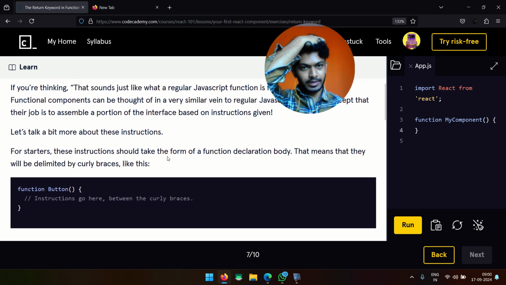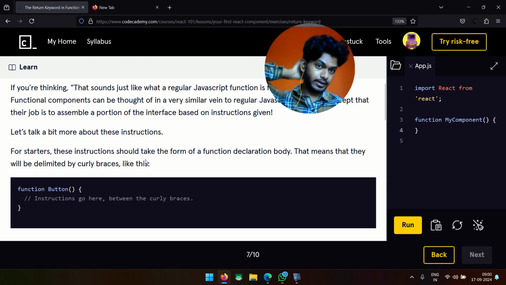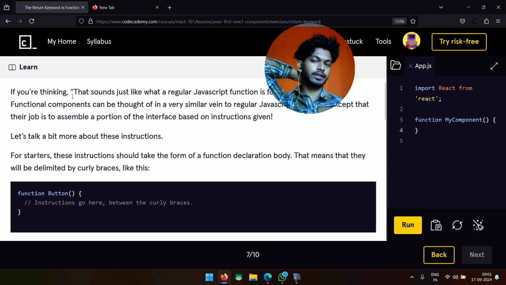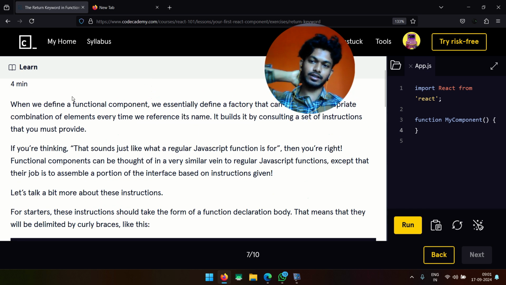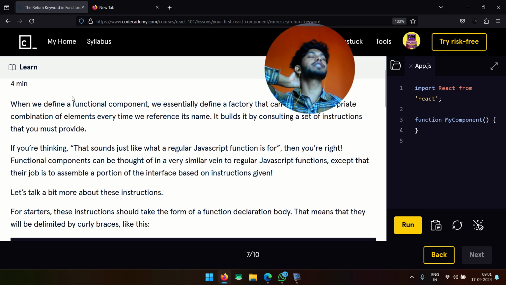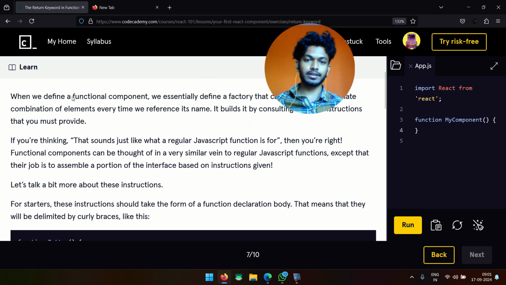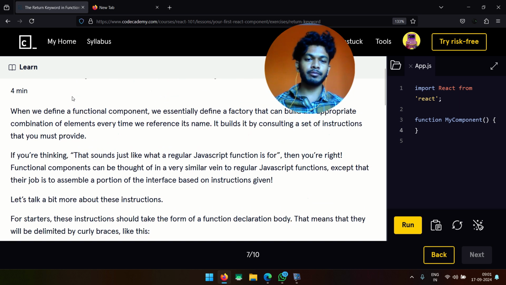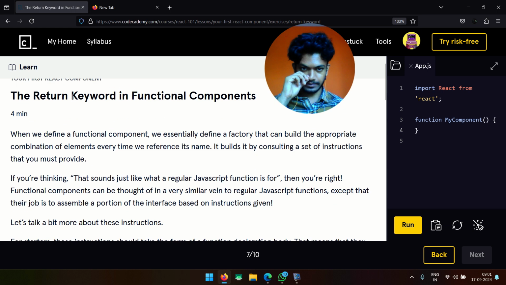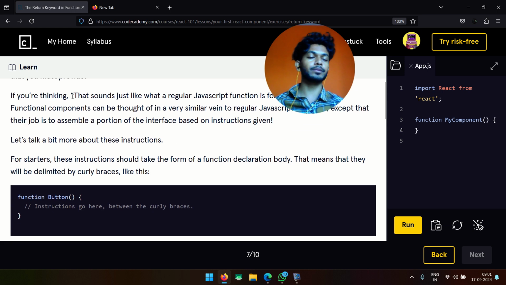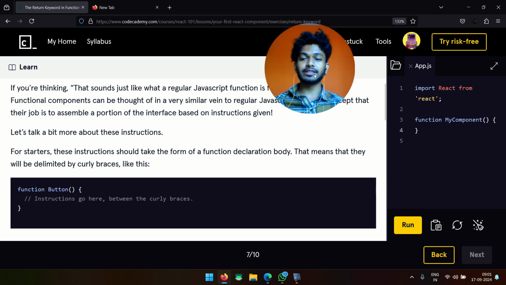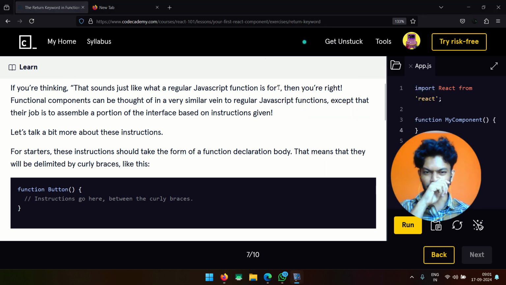So basically a function is used to render elements, and it acts as a factory for providing a different combination of elements every time we reference it. And it requires a set of instructions you need to provide in order to make it happen. If you're thinking that sounds like a regular JavaScript function